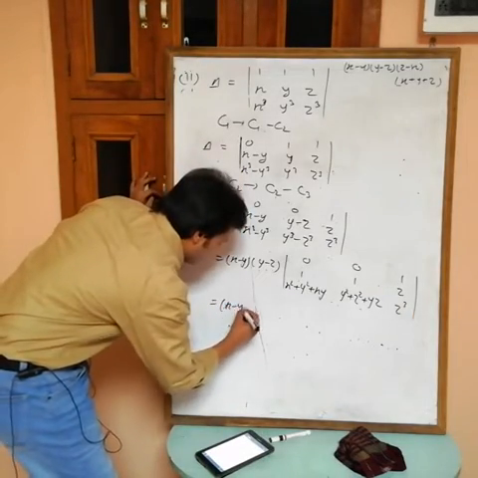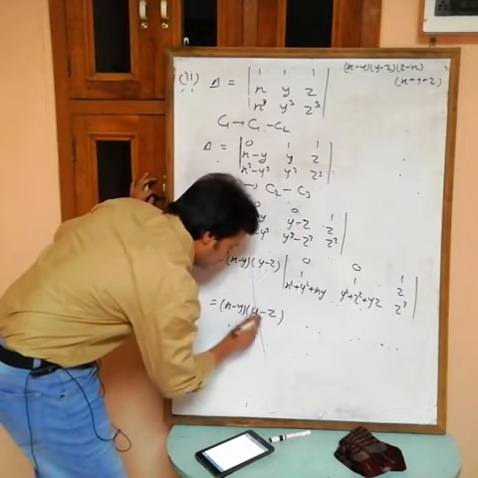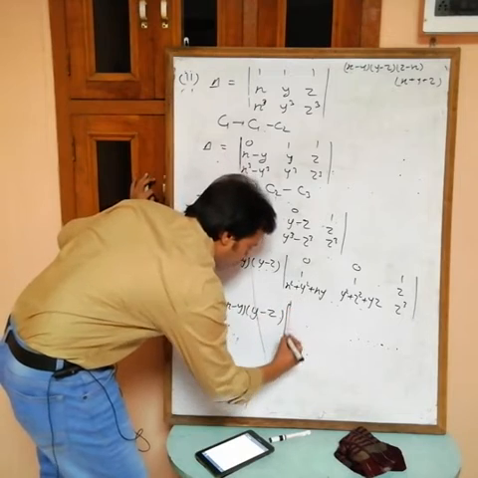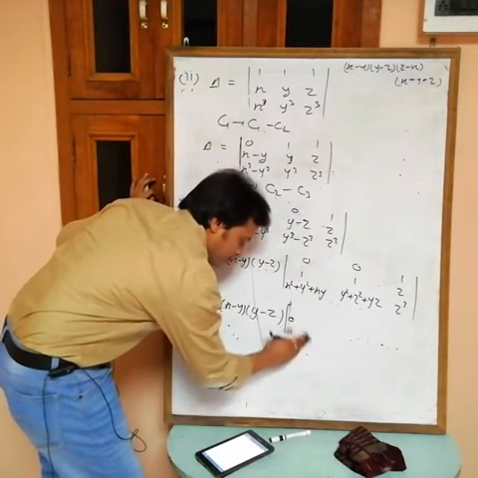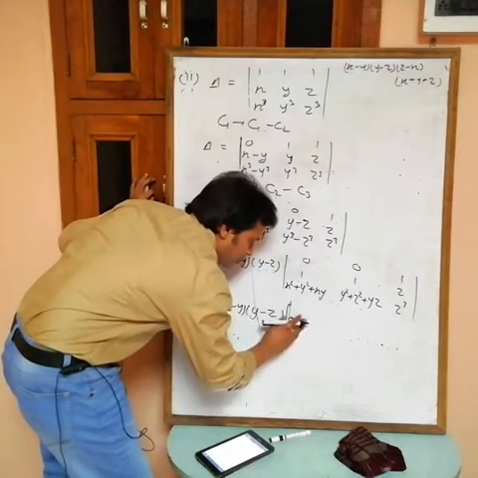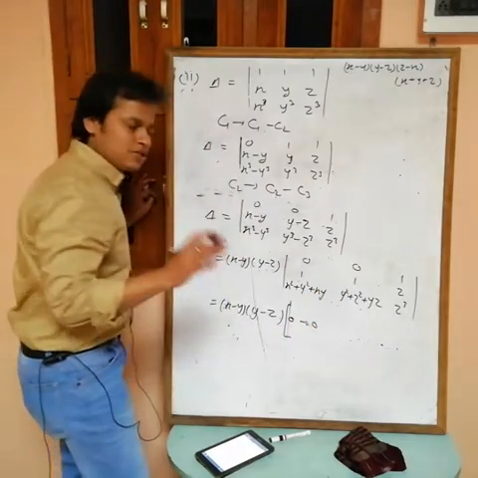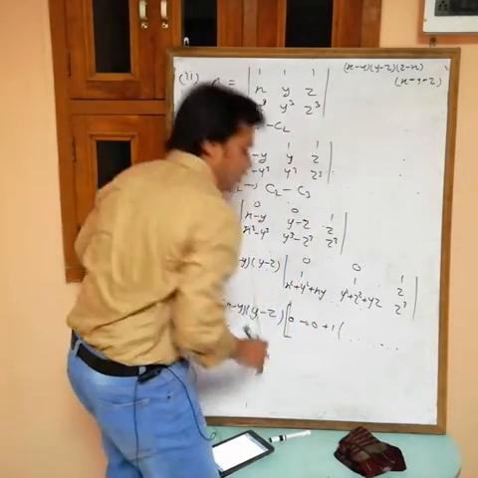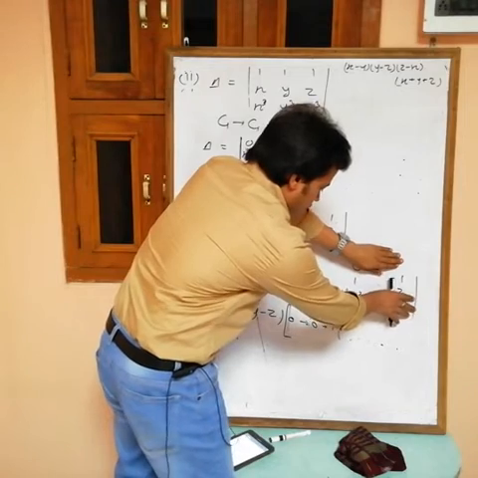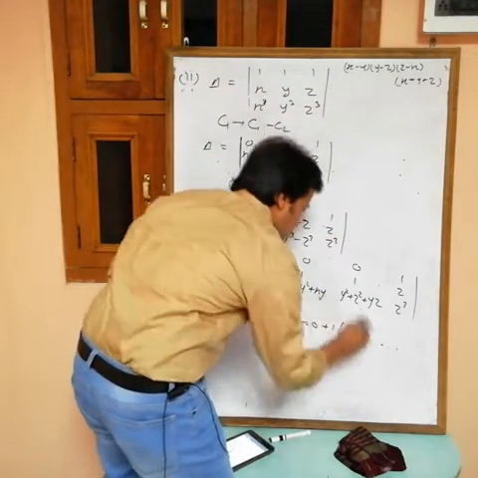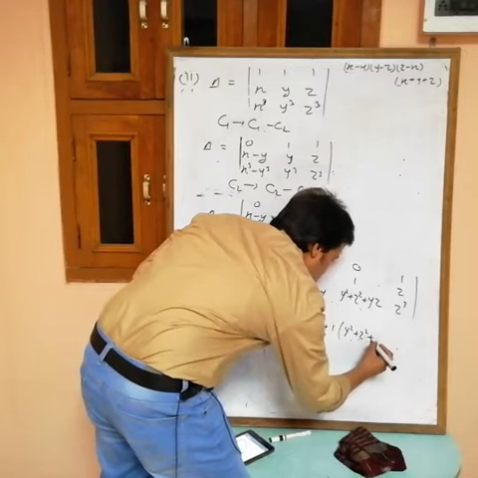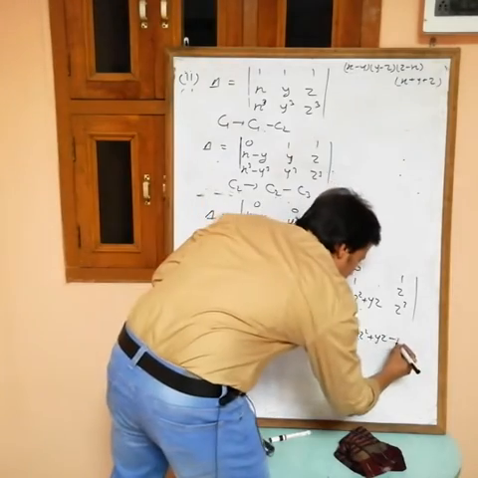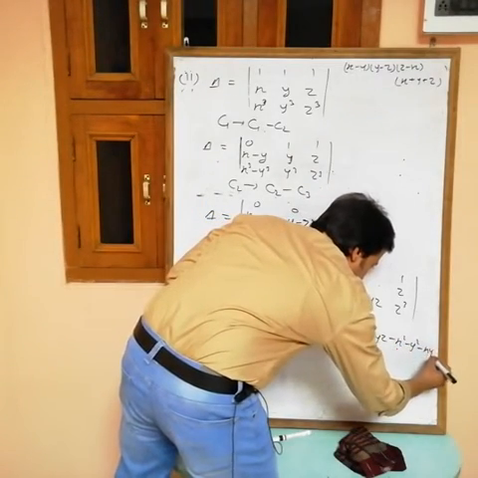See, x minus y, y minus z. If you expand with respect to R1, then 0 multiplied with its cofactor becomes 0; 0 multiplied with its cofactor, so the sign is minus, then minus 0. Then 1, with plus sign, multiplied with its minor: hide the corresponding row and column, then this one into this one minus this one into this one. So this one into this one is y square plus z square plus yz, minus this one into this one, so you get minus x square minus y square minus xy.